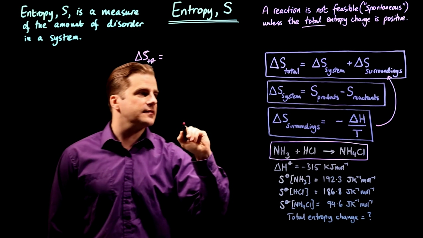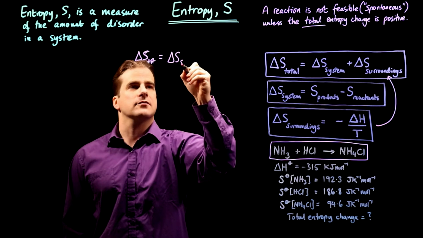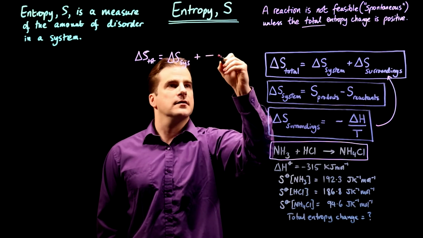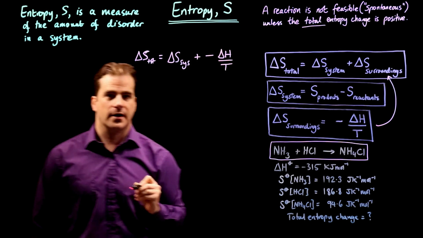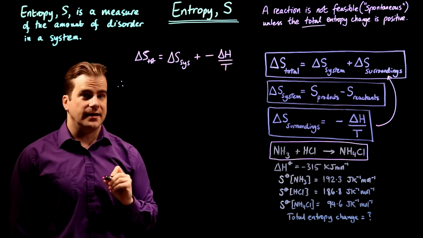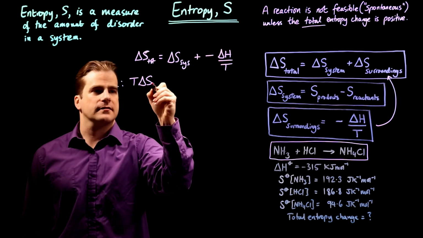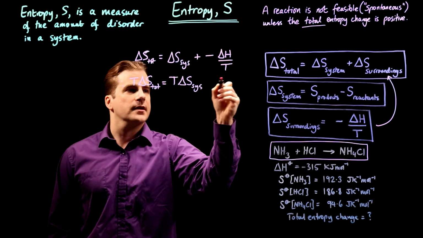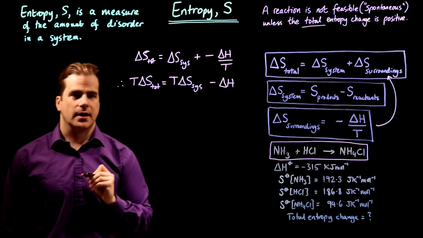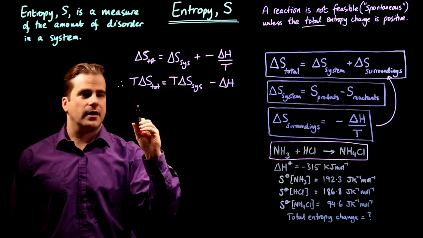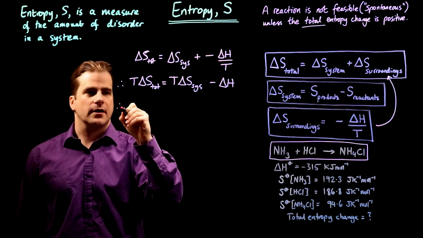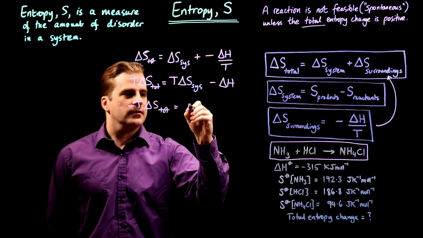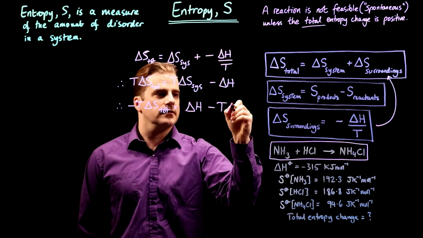is delta S of the system, plus delta S of the surroundings, which is this, minus delta H over T. Okay? We're going to multiply everything by T. So we get T delta S total equals T delta S of the system minus delta H. Now we're going to multiply everything by minus 1. So therefore, minus T delta S total is equal to delta H minus T delta S